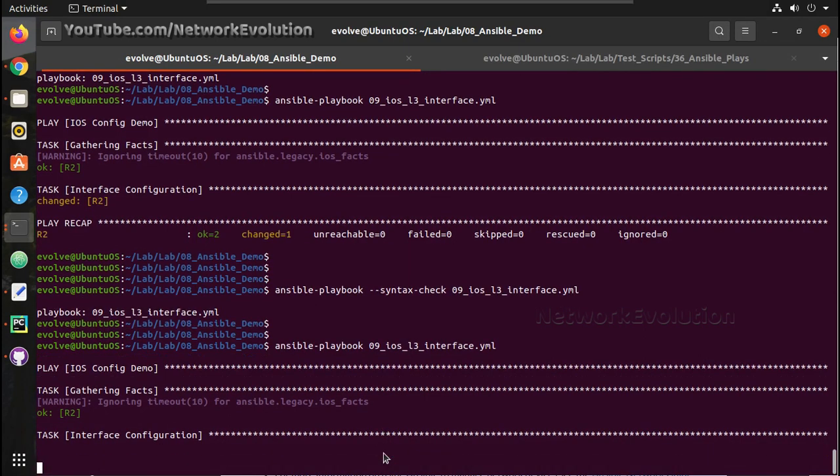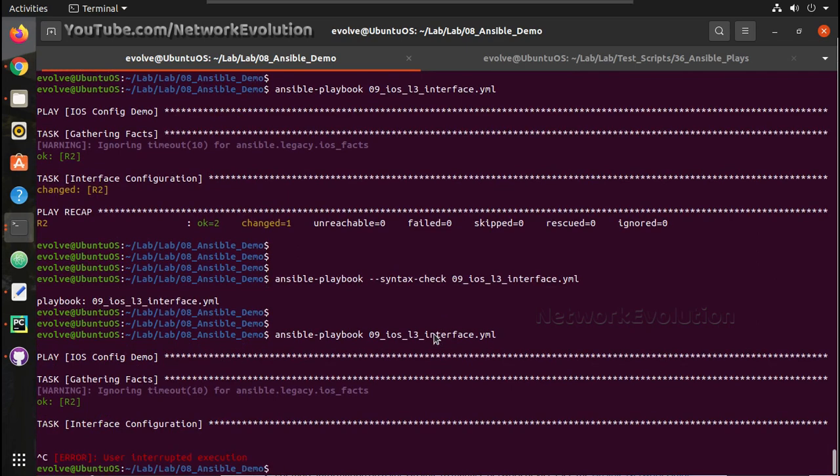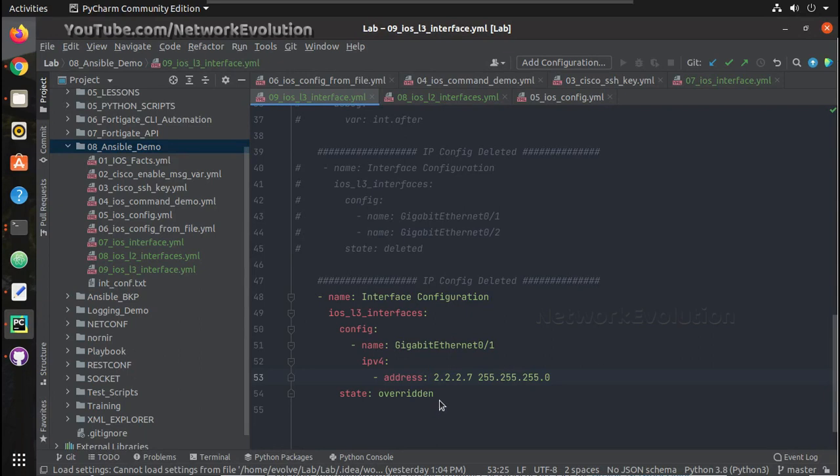So you should be careful while using the overridden option in production. You need to test it in your test environment before doing this in production, because this can cause the device to become unreachable.